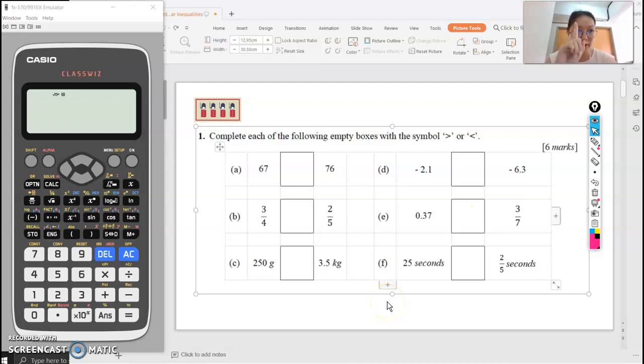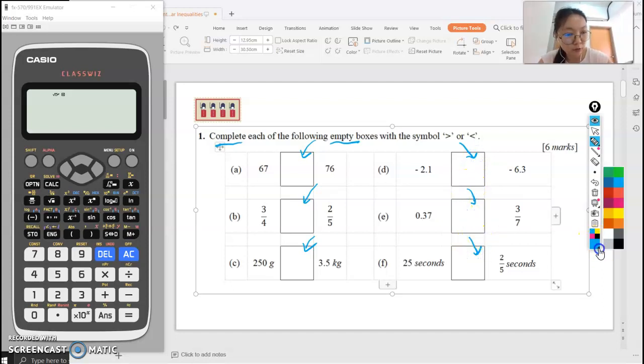Hi, question number 1. Complete each of the following empty boxes with a symbol greater than or smaller than. So understand the question, complete 完成 empty boxes 空的格子 with the symbol 符号。什么符号呢？这两种符号